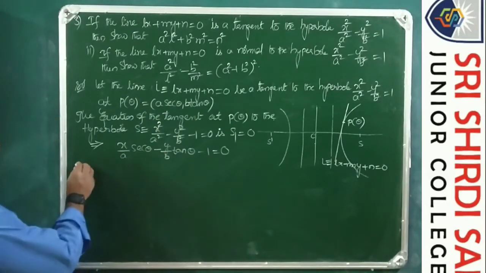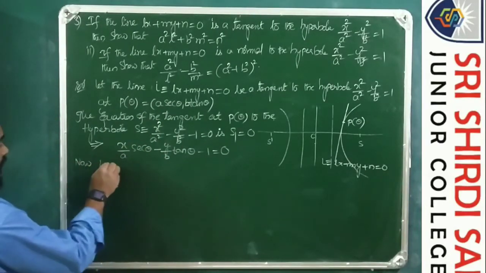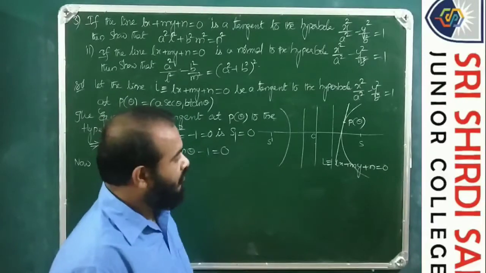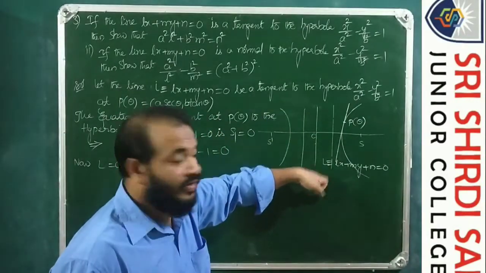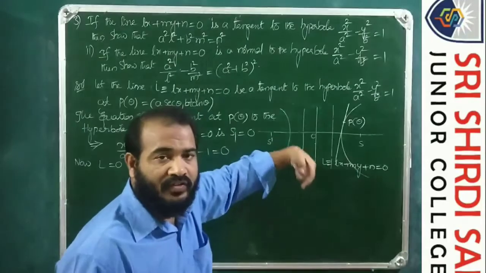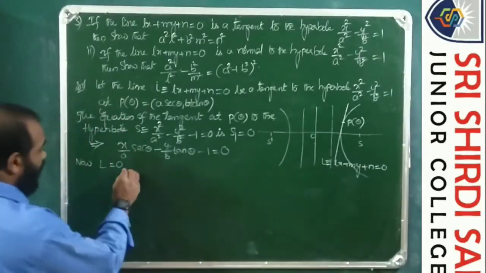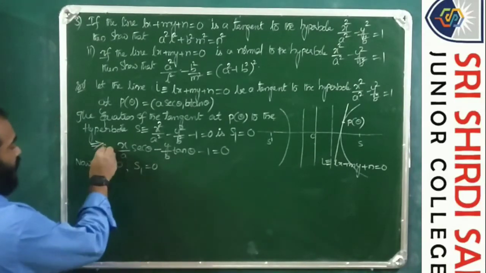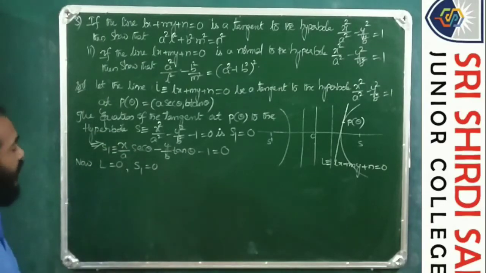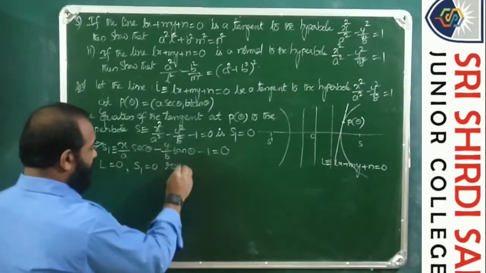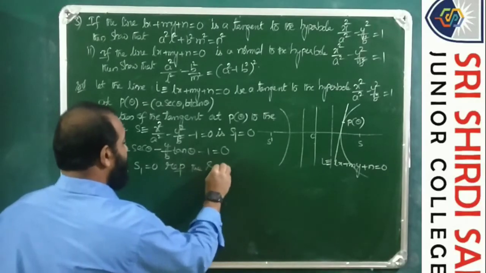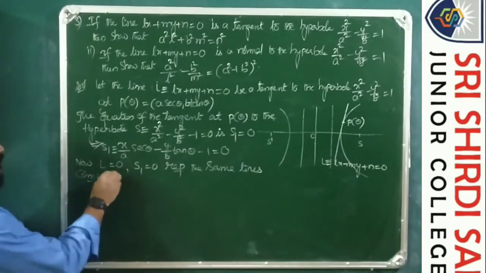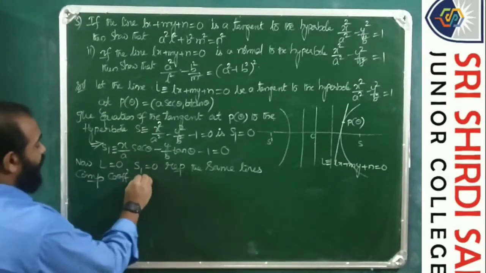So now L equals 0 is this, and S1 equals 0 is the equation of the tangent at P theta. So both L equals 0 and S1 equals 0 represent the same lines. Comparing coefficients, we get